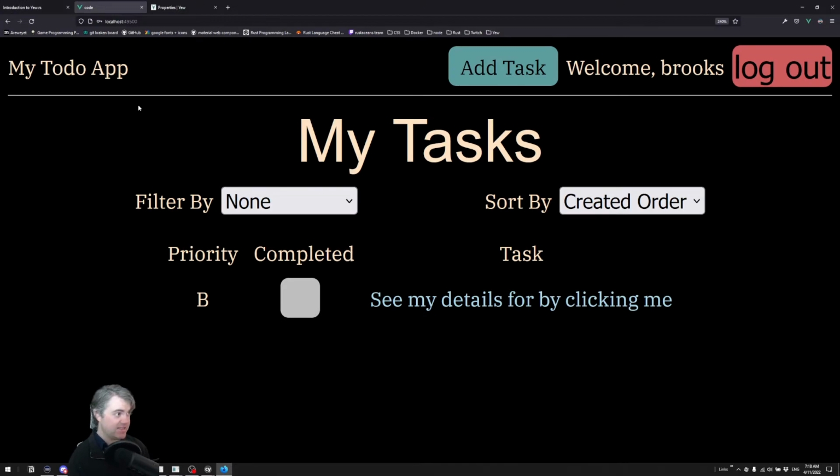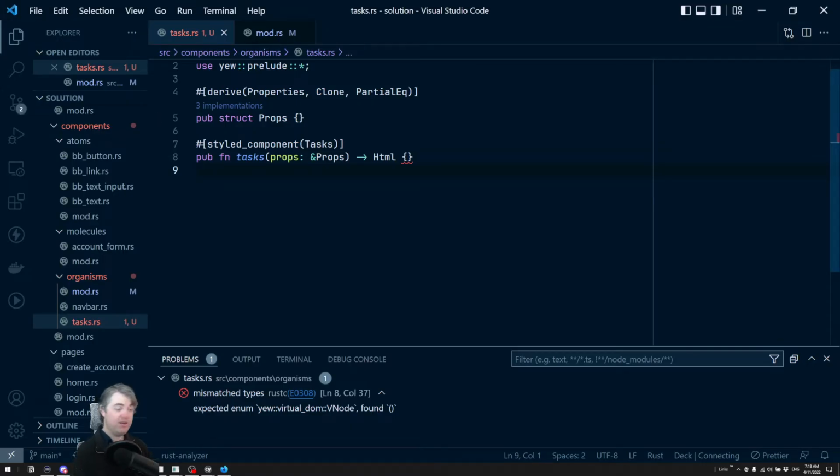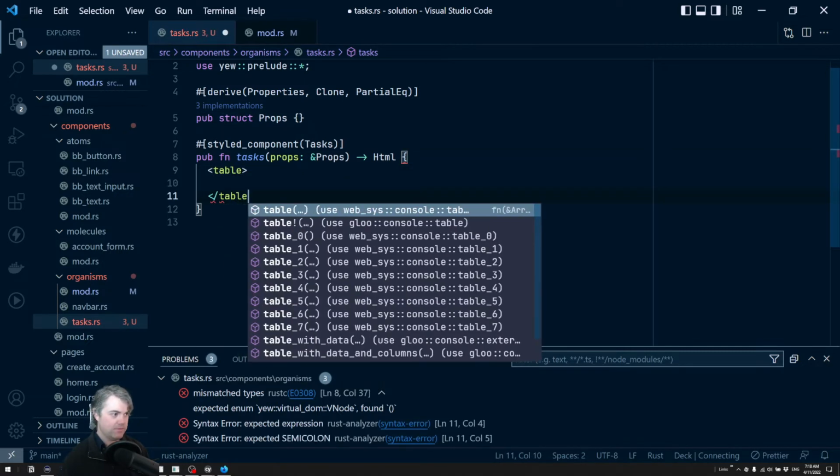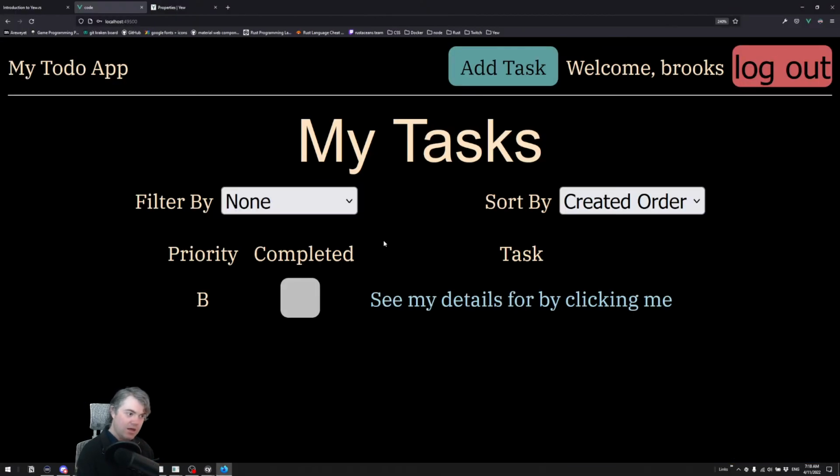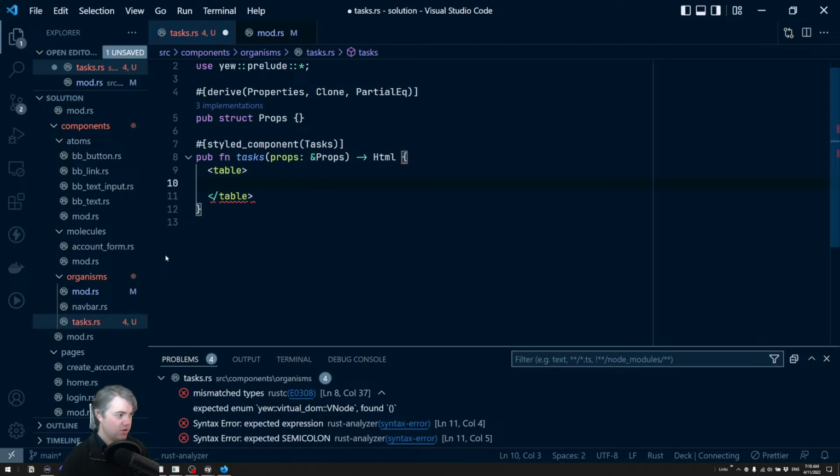We also need to have our list of tasks as well. That'll be another API call that we need to get. Yep. Okay, so let's do this. And in our HTML, we want a table tag. We're going to want this priority, completed, and task. The only part that's really happening right now is going to be the task, but we could add this in for right now. So what is it? It's going to be like a table header. It's been a while since I created this example, so I always forget how to use tables because we use them so little these days. I think it's like th,